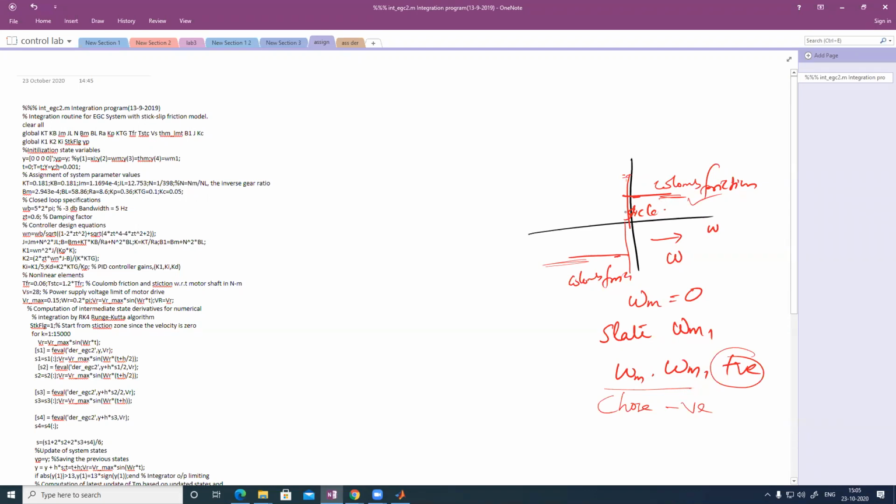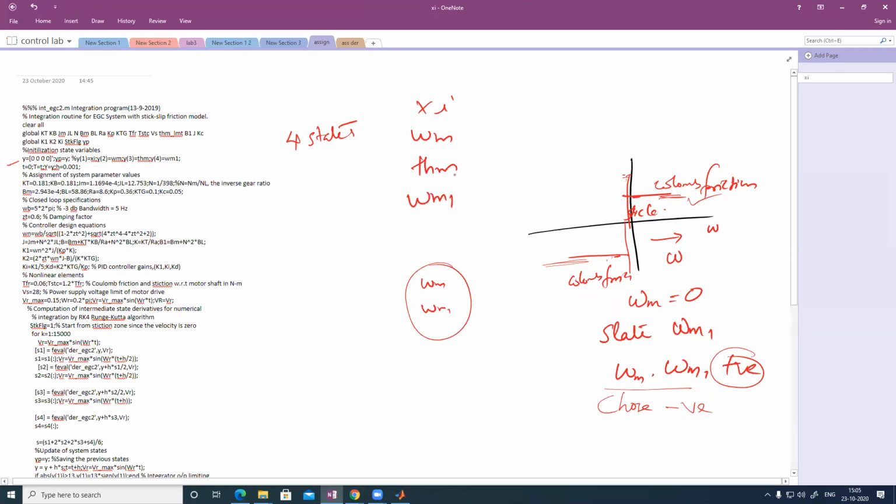So we have to change this routine to omega m and omega m1. We have to make it one side. That we are doing in the program, and in that program these things are the same, and we are choosing this y as 4 variables, 4 states: xi, omega m, theta m, and omega m1. This is the extra state we are adding to the system, and all other things remain the same, these values,